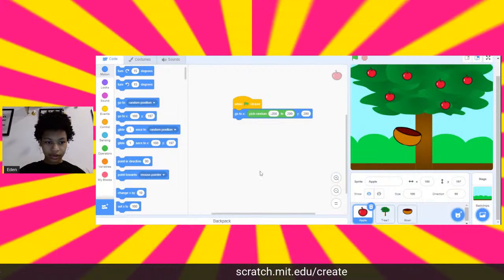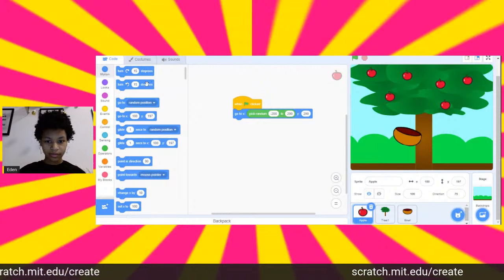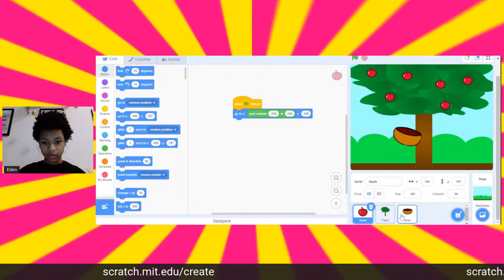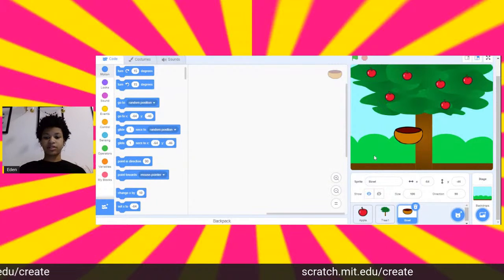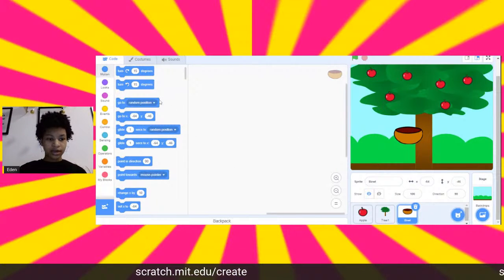Alright, and then I think I accidentally made this bowl turn 15 degrees, so I'm just gonna click this one and make it turn back. Oh, now I'm turning the apple, not the bowl. There we go. So the bowl is back to where we want it to be. And then we have to make this bowl draggable. So to make something draggable in player mode,